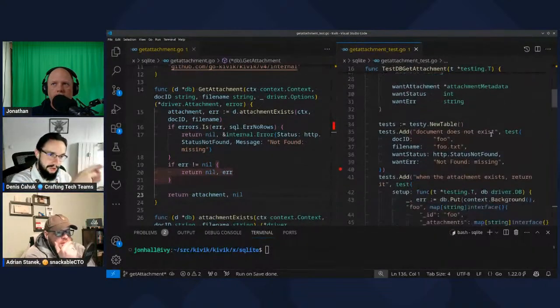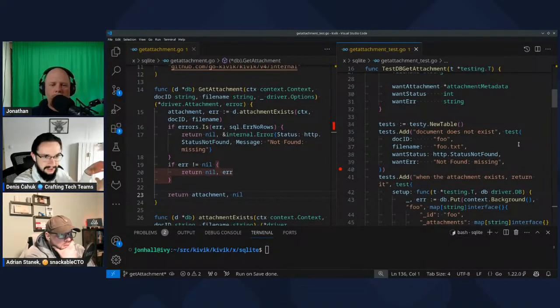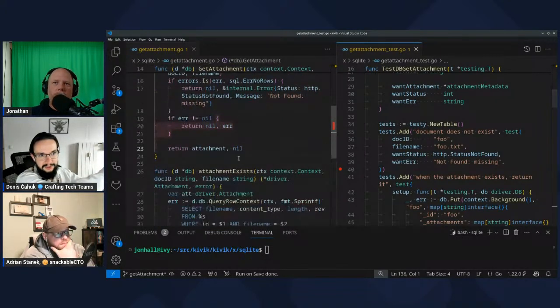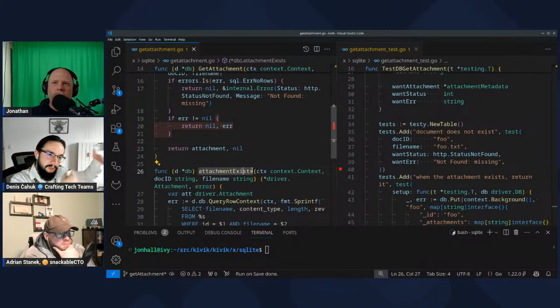They only test the structure of the return value, with the exception of the positive case. Right, so the negative case has nothing to do with SQLite. When it's not found, the not found is constrained to that method that we extracted. So when that method returns false, that has a very static return type. It has nothing to do with SQLite. So this attachment exists, which actually now is misnamed, but that's what you're talking about. Yeah, it is misnamed. So you can separate out one or two of the tests beyond the integration border to make them run faster if you wanted to.